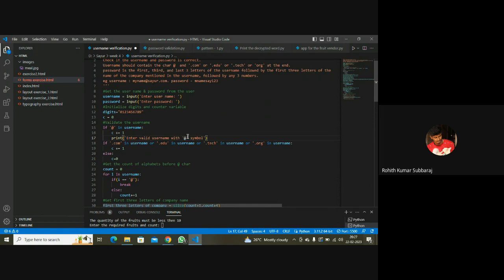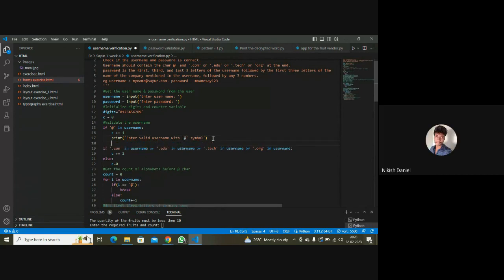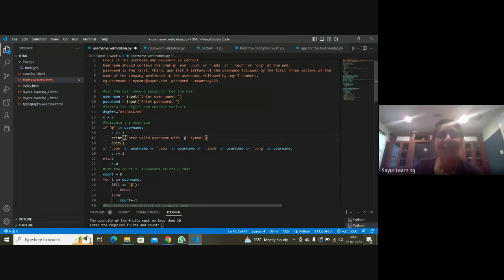How do quotes come inside the double quotes, ma'am? We can use string formatting. Syntax. First put an F before the print. So good, enter question. Okay, you're going to quit. So it's a good question. When you print something, in the print, whatever you are printing, if you want to have quotes within the print, how do you do it? Google, or if you know, Nikesh, do it. But otherwise, yeah, that's a good question. That's a good thing to learn. Okay, you guys figure out and tell me how to do that.